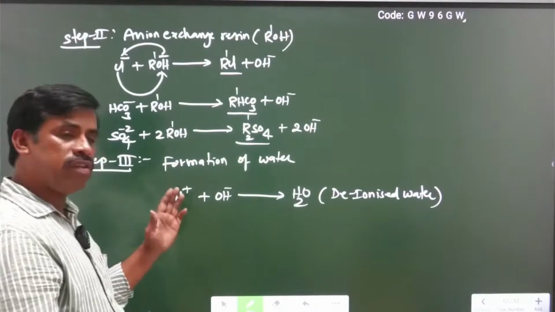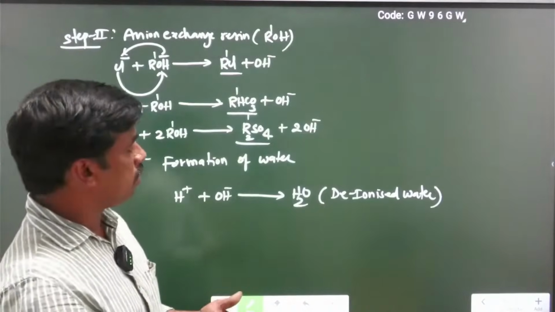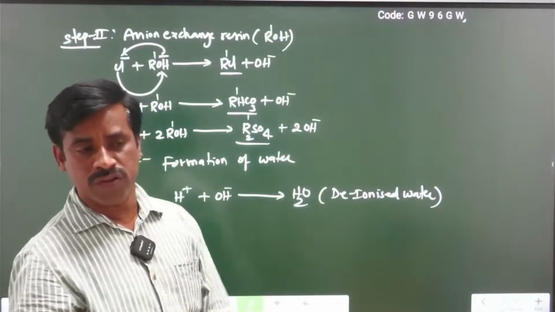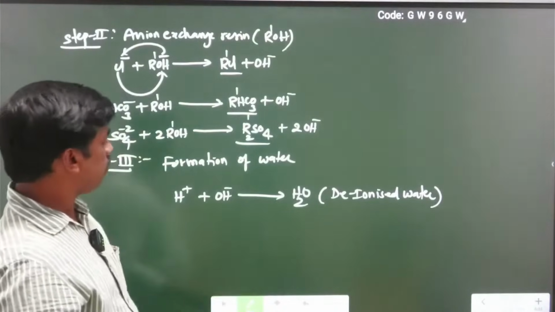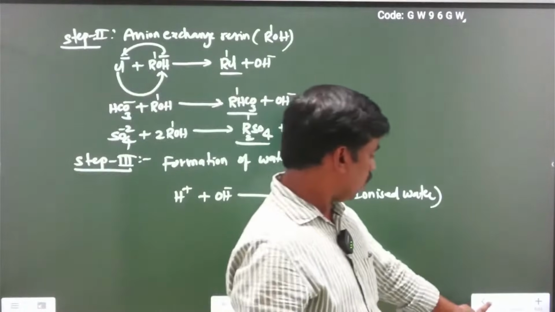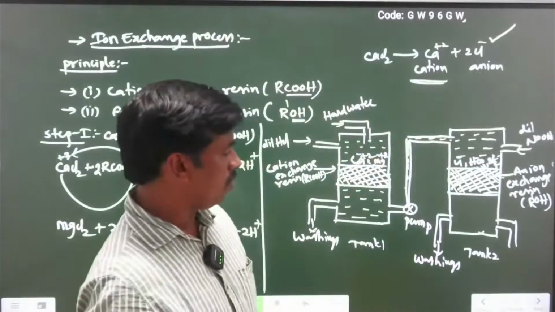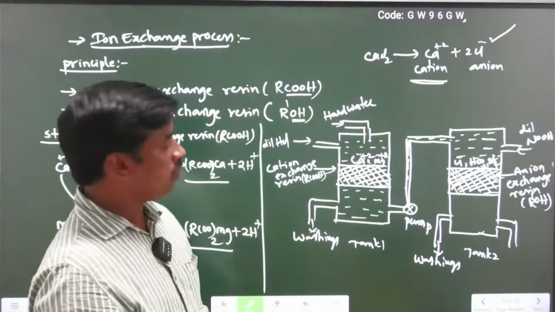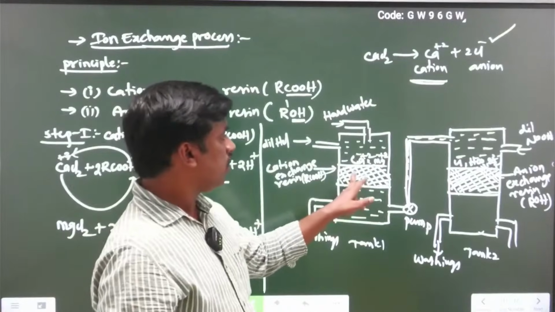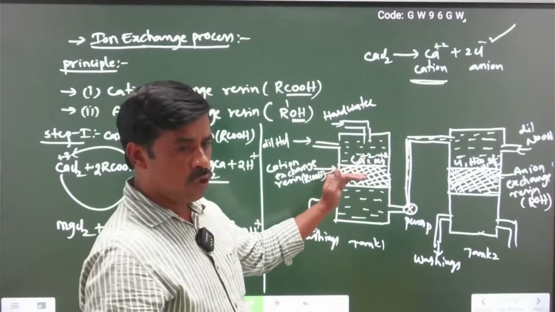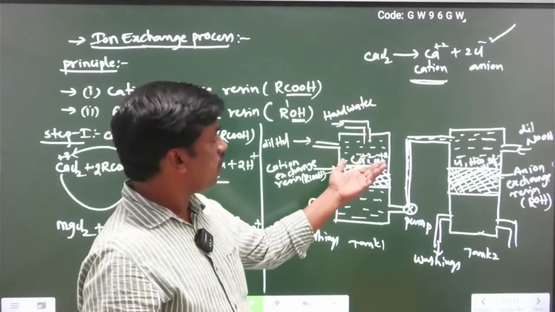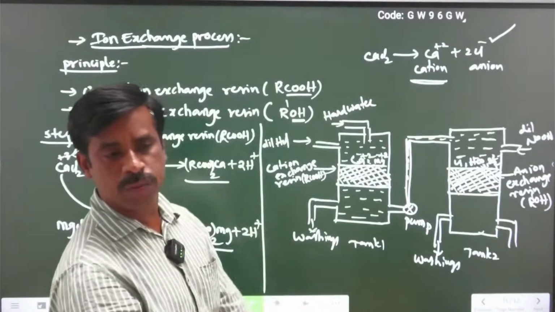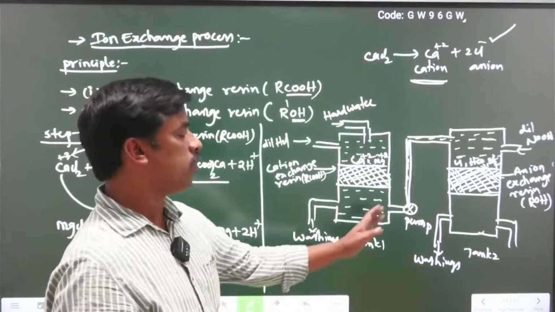It removes 100% of dissolved contaminants, but this method is expensive and also uses expensive chemicals. The resin bed will work not just for a number of days, it can work for 1 year, 2 years. After that, we need to regenerate these resins. These resin beds are microporous, like the previous zeolite method.